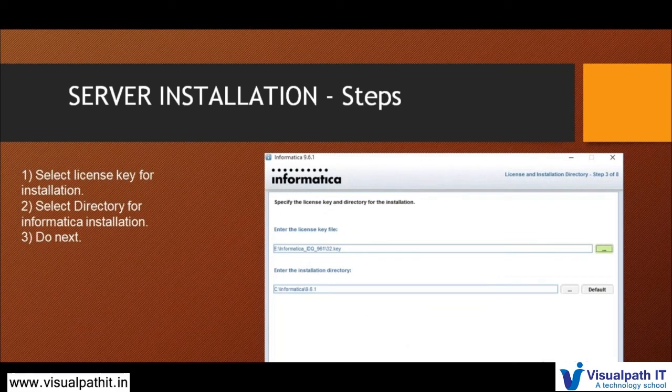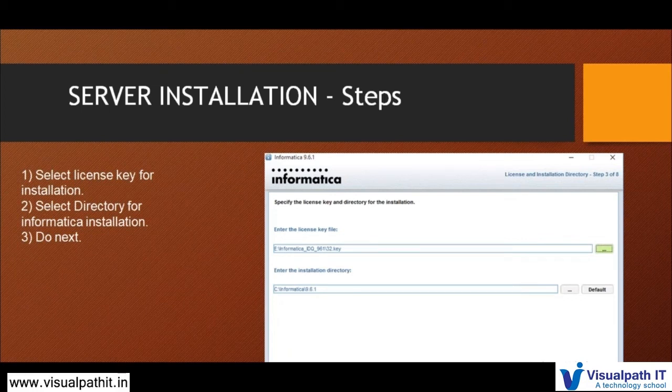In the next level, you will be providing the appropriate license key. While you are installing the server, you have to provide the license key, so that whenever you go with the Informatica installation, based on the license key, the appropriate functions or plugins will be added. So we will be selecting the installation. Whenever you are registering with Informatica, they will be sharing the installers along with the license key. Usually they will be sharing links to download.